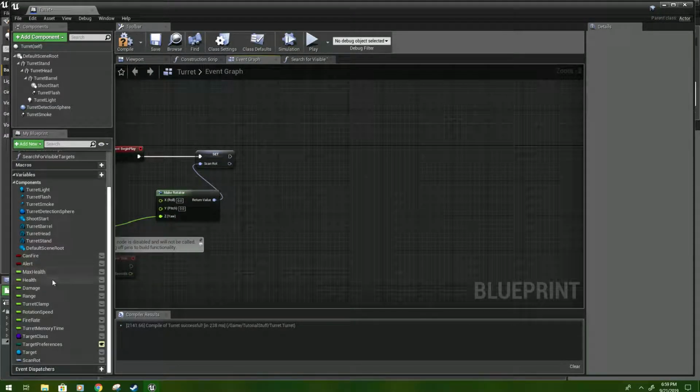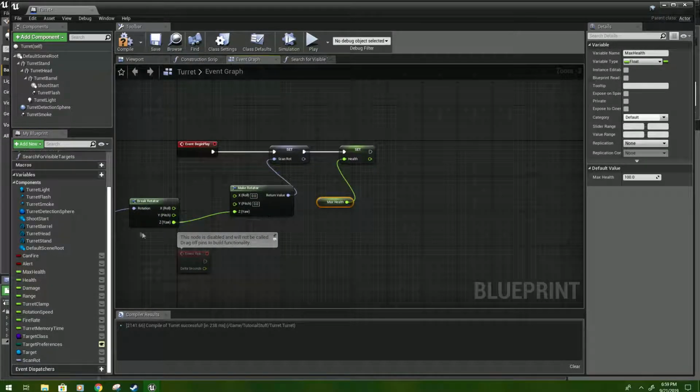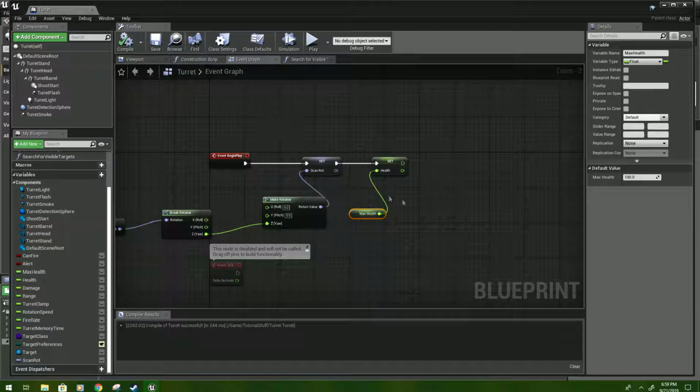And then we're going to bring in a set node for health and attach that. And then bring in a get node for max health and attach it to health. So we're going to set the health to its max health, and we're going to get a random scan rotation and save that. Alright, so